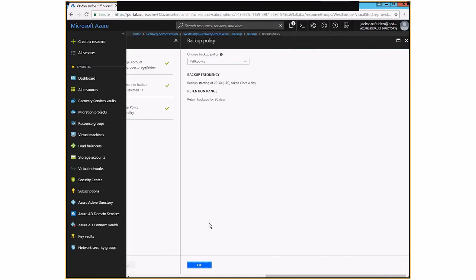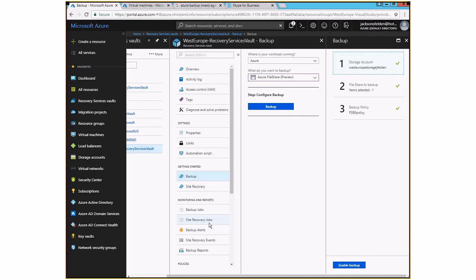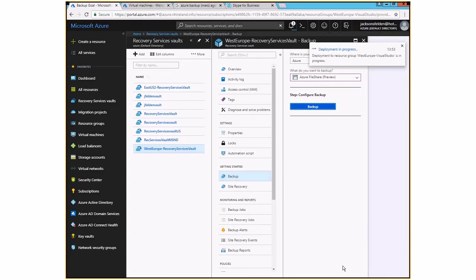Great. Click OK, and then just click on Enable Backup. And that's it. Later on I can go to the backup and easily restore the information and check whether the backup is completed or not. Very, very simple.